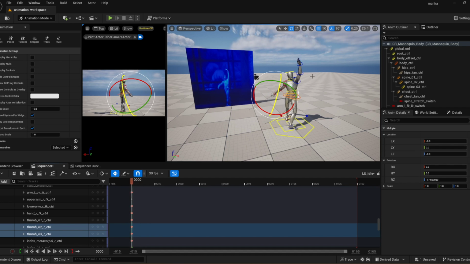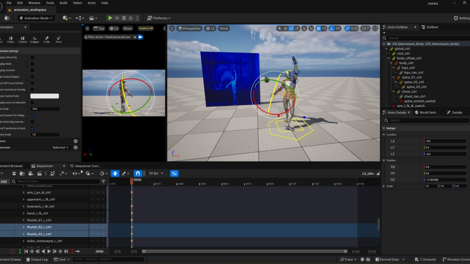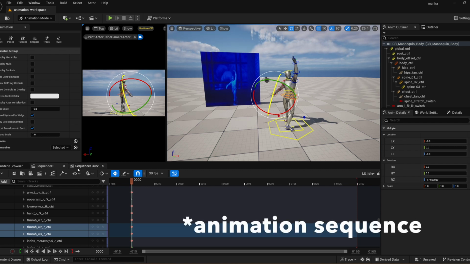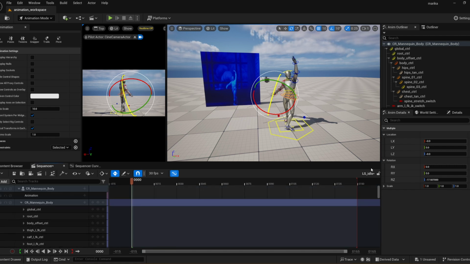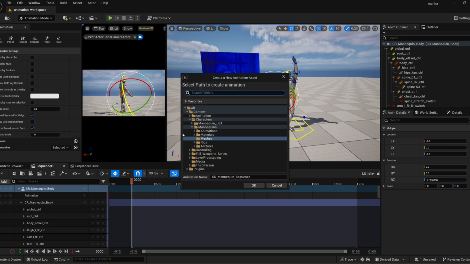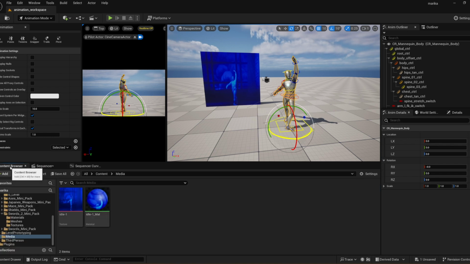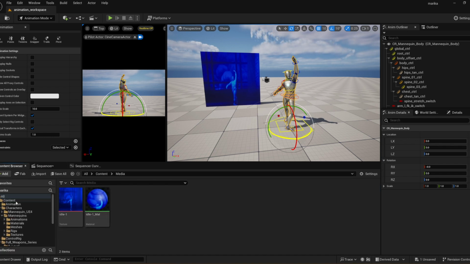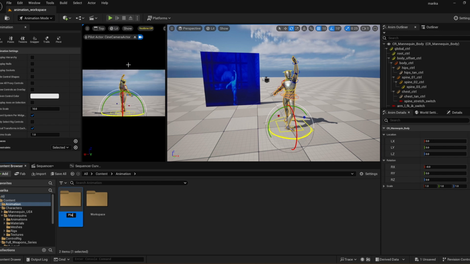Okay. To get a more accurate idea of where it'll be, I can create a level sequence and then use it as an asset when I go to adjust the socket. So let me do that now. Right click, bake animation sequence, animation. Oh, I need my folders. So let's set that up. Animation. I will create one called player. And then inside here, I'll create another one called